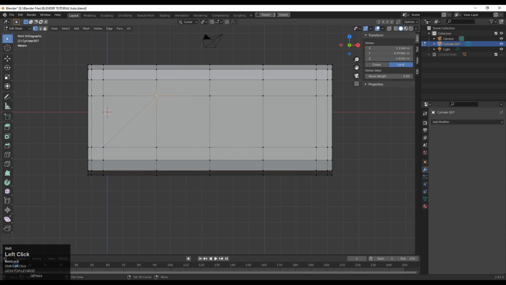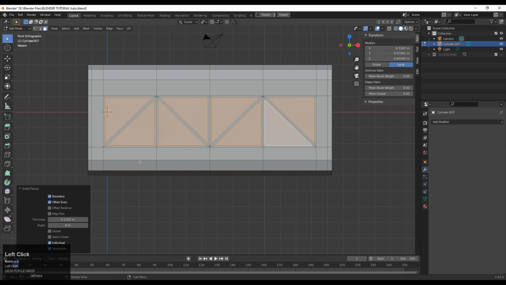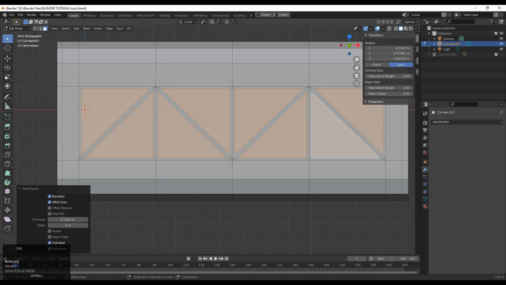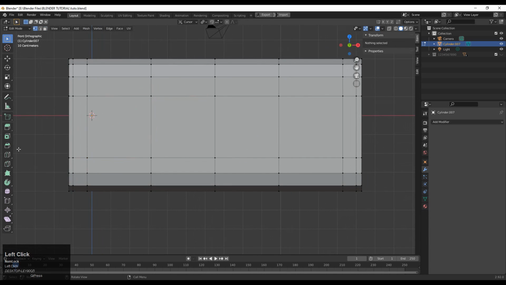So you can select the vertices and then right click and then connect vertex path, and you can create a design with triangles. But you will get the tris there, meaning triangles. And you can create the designs with this also, because it is on a flat surface, so it won't matter if you are creating with triangles or quads. But yeah, I always like to go with quad based topology, so I can maintain good edge flow. So you can use the knife tool and create the cut like this.